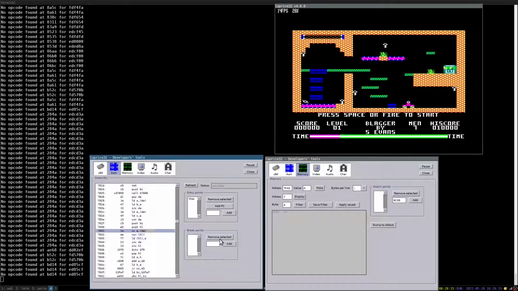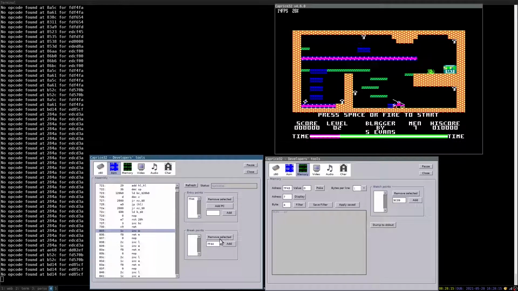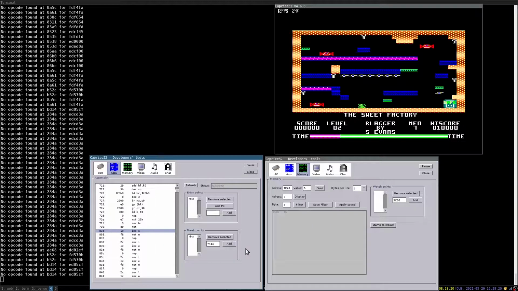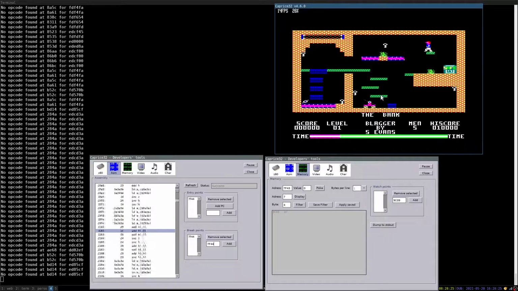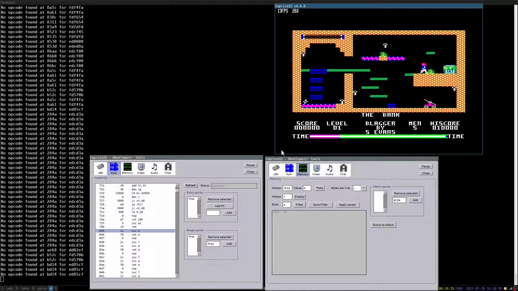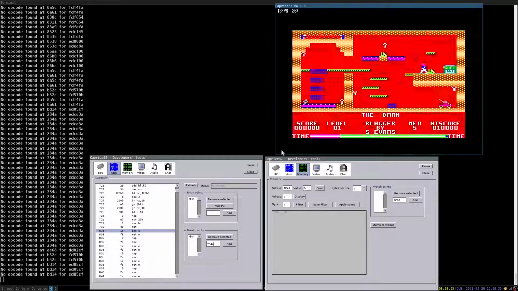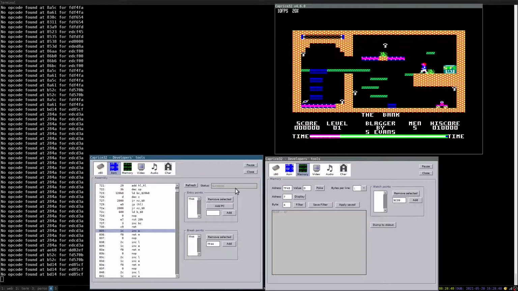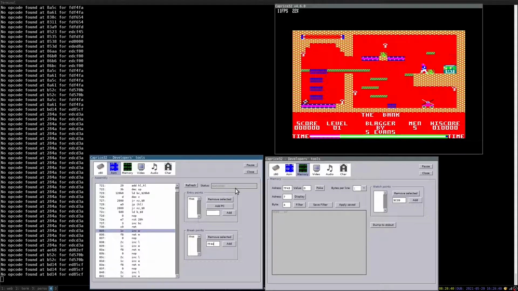So let's go back to 7F44, put a breakpoint on it, restart the game. And if you remember, what we want to remove is this RET Z, because we don't want to exit from this function whenever we die.